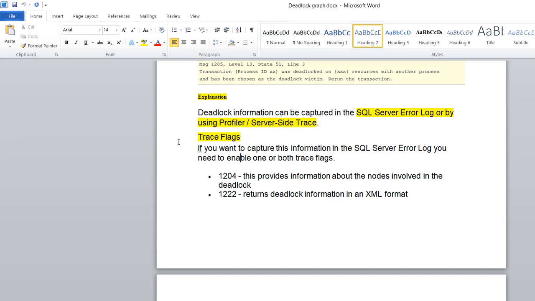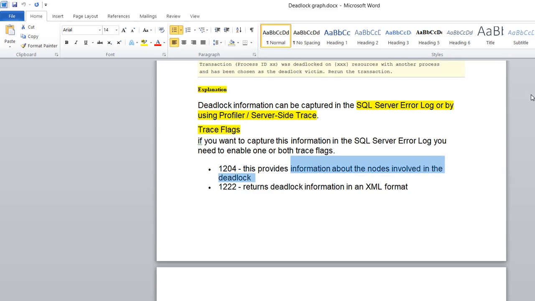So we have trace flags 1204 and 1222. What is the difference here? Normally everyone says 1222, right? If you focus here, 1222 returns deadlock information in XML format, right? It will save the data in XML format. And 1204 provides information about the nodes involved in the deadlock. You can enable these two.